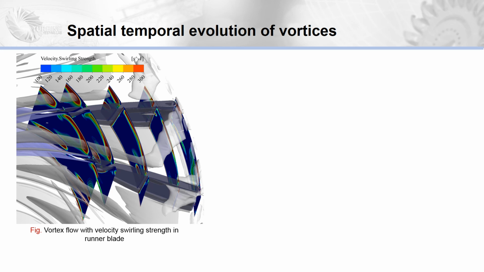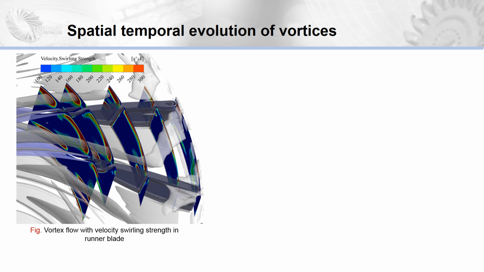The secondary leakage vortex is developed in the guide vane clearance gap at the best efficiency point and eventually disappears before reaching the runner. At this instant, the leakage pattern mainly centralizes on the primary leakage vortex. The intensity of the vortex, as shown in the figure, shows an increasing trend towards the outlet of the runner.